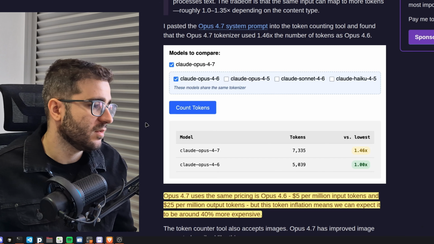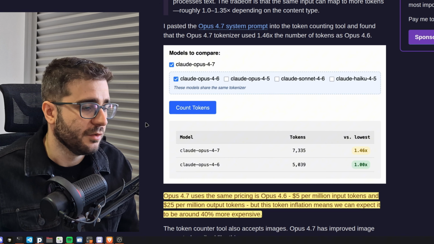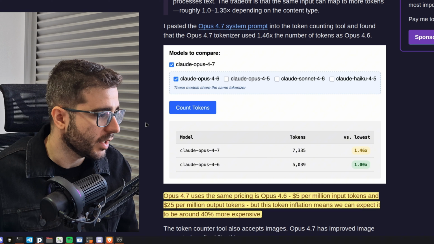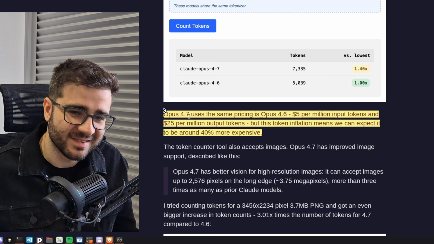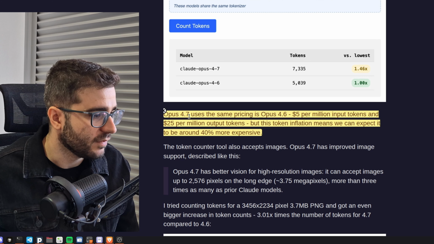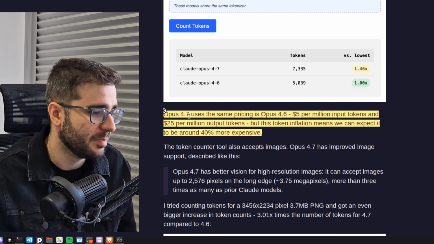Opus 4.7 is using the same pricing as Opus 4.6, $5 per million input tokens and $25 per million output tokens, so we have the same price. But this token inflation means we can expect it to be around 40% more expensive.